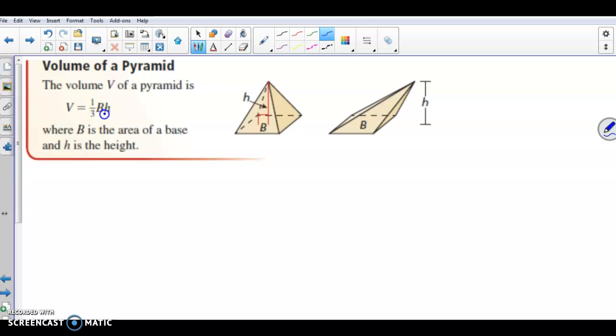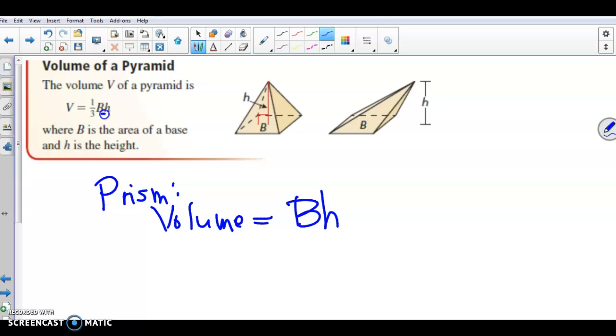So to summarize what we learned about the simulations from GeoGebra, recall that for a prism, the volume is given by base area times the height of the prism, right? And the same is true for a cylinder. A cylinder is like a prism with a circular base. But since we saw that a prism can be broken down into 3 pyramids of the same volume,